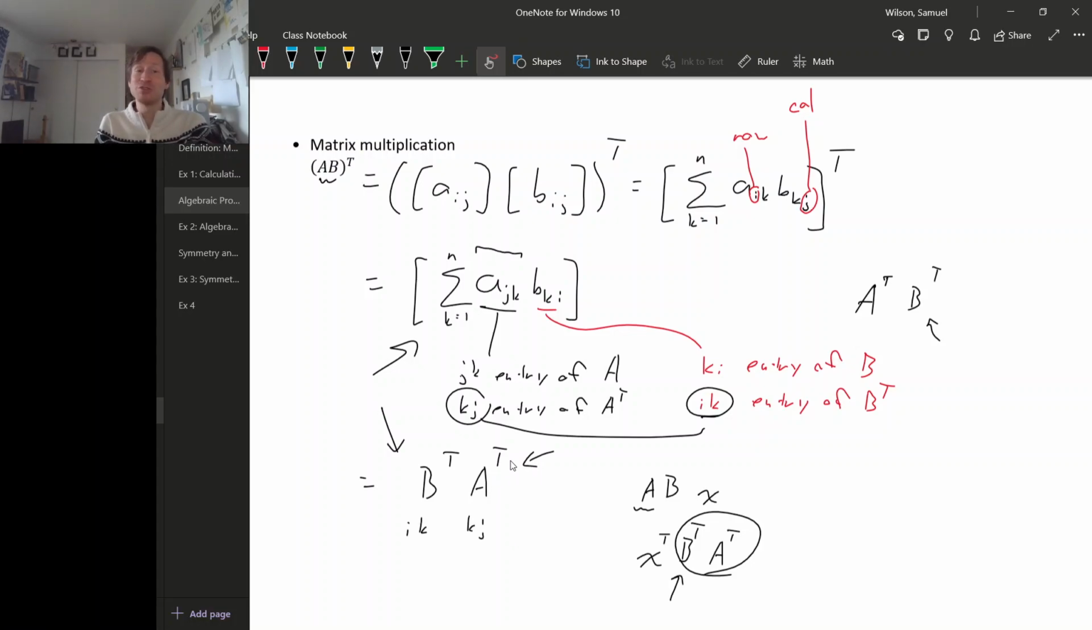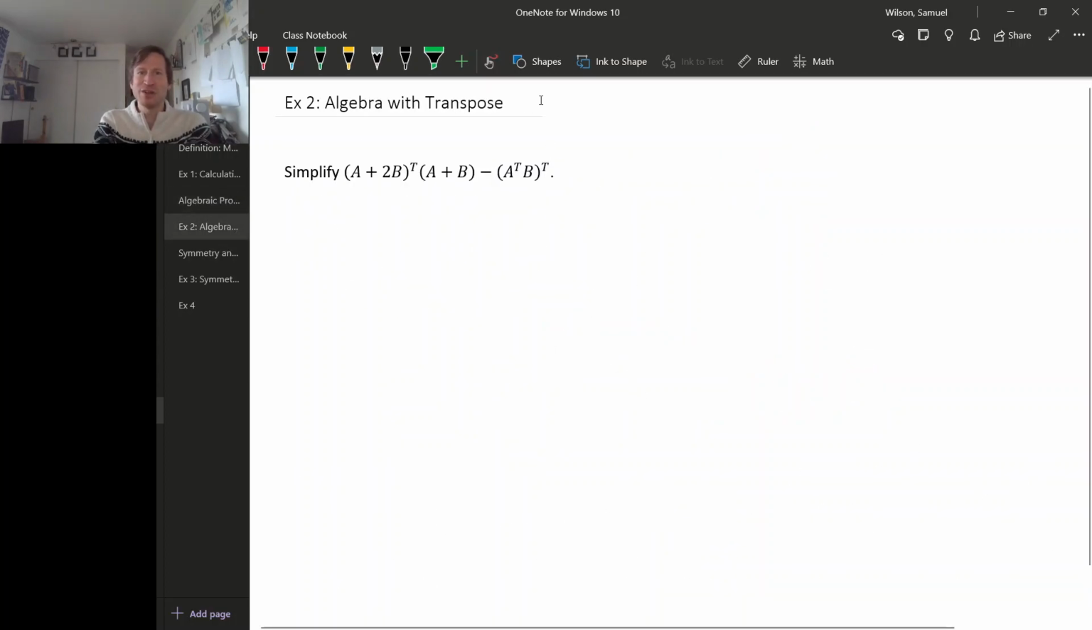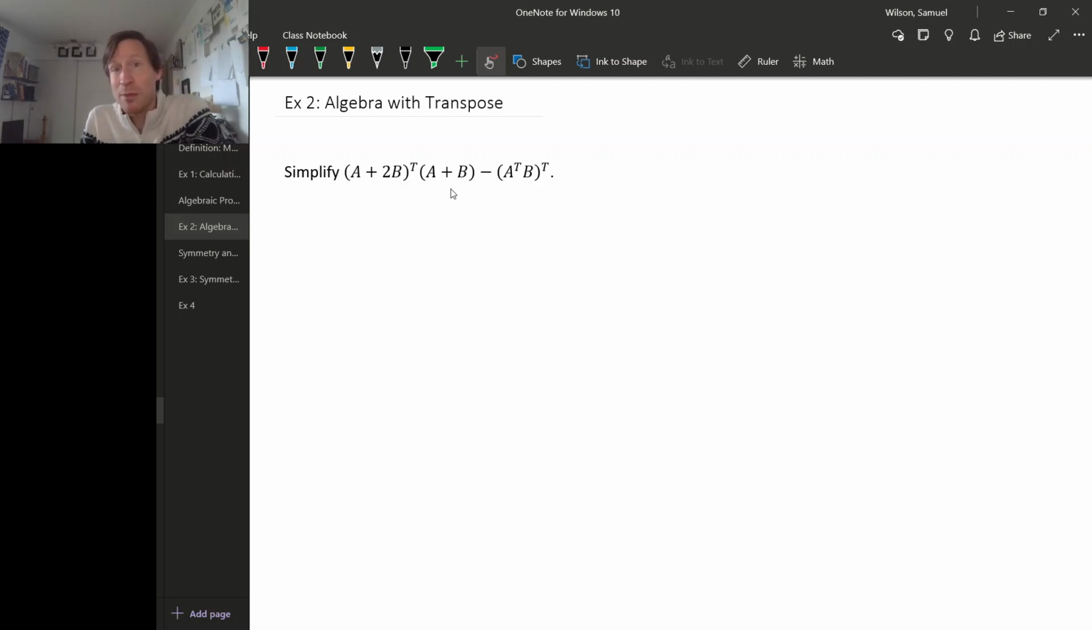All right, now that we have some algebraic properties for the transpose, we could use the transpose to do some algebra like this. We could simplify this expression just using all of the algebraic properties of the matrix operations. So let's see. To simplify this, for this first part, we're going to have to compute this transpose because we want to do this matrix multiplication, but we can't with this transpose in the way. So let's do this transpose. So we get A transpose plus 2 times B transpose. So that times A plus B